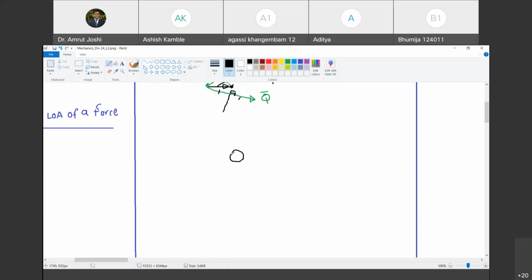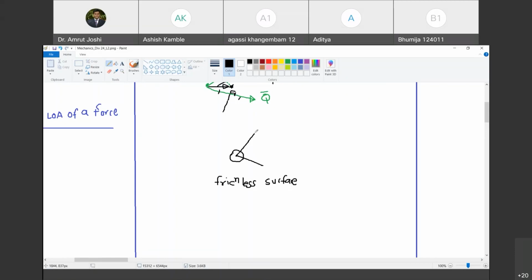I have a striker kept on the carom board. Are you with me? Yes, sir. And to this striker, I have attached two strings. This is string 1 and this is string 2. And the striker rests on the carom board where I can assume the friction to be negligible. So it is resting on a frictionless surface. Are you with me? Yes, sir.